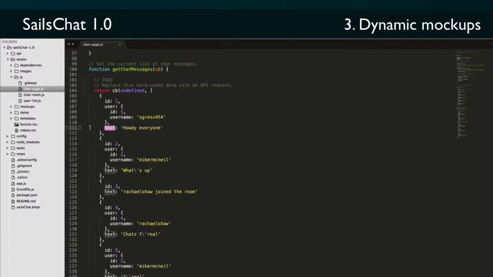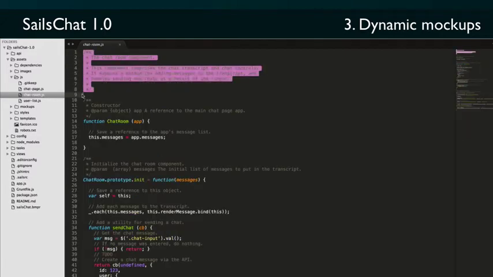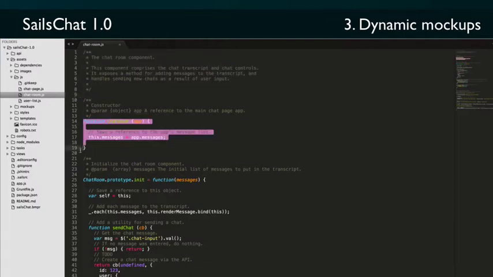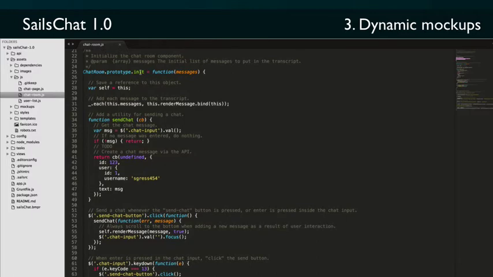Now, taking a look at the chatroom.js file, it tells us that this component comprises the chat transcript and the chat controls. The constructor for the chatroom object is very simple. It just keeps a reference to the app messages. And one of the two public methods on the chat room object is init, which loops through each of those messages in the room and calls the render message function to add the message to the transcript. That bind there is just to make sure that this inside render message still refers to the chat room object and it's not changed by the scope of this